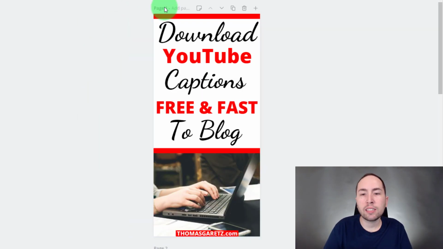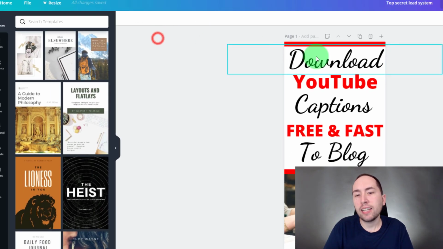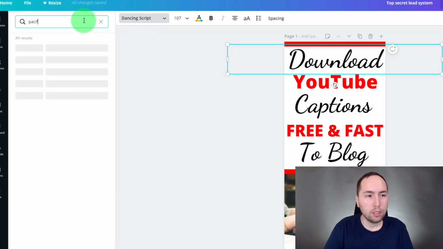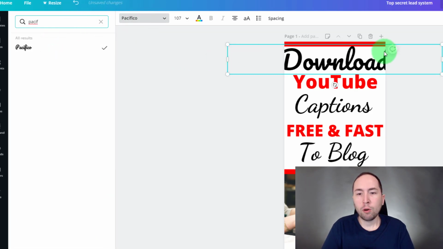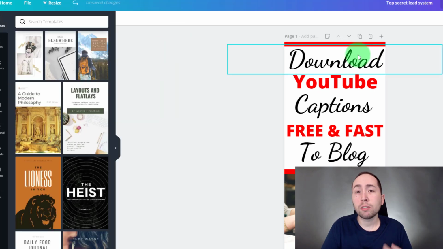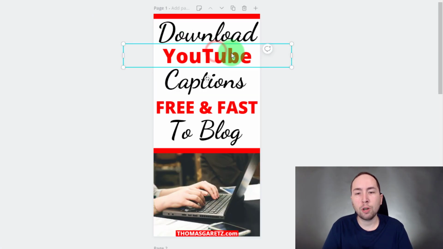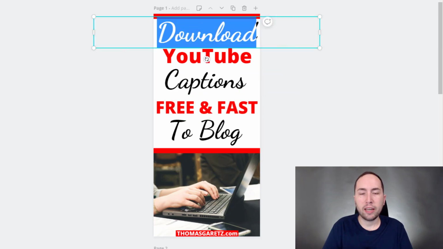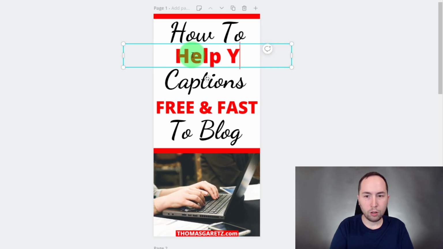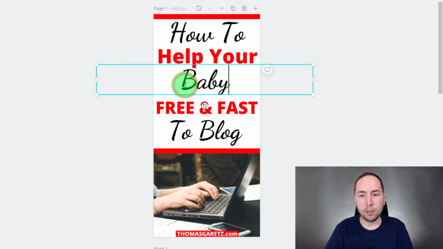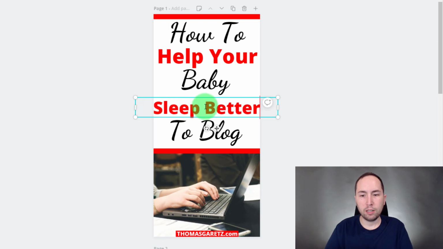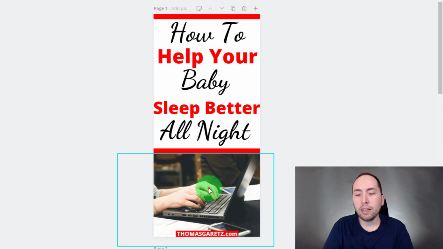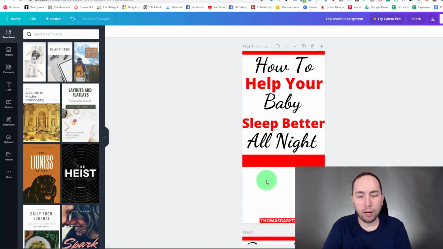And then the other way is like go into here. I like Dancing Script, that's cool. But the other cursive one I like is Pacifico, right there. They're both cool, but if you're gonna use cursive, I would suggest using one of those two. And then I use Open Sans Extra Bold for those. But you could do something like how to help your baby sleep better all night, or something like that. Just simple. And then right here, we're obviously not going to use that photo, but we could leave it there